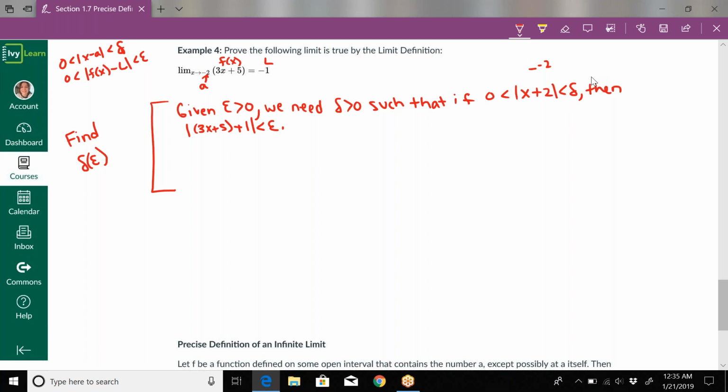So the way we do this is we actually work backwards in this part to make sure we get the success we want in the game. This is just algebraic manipulation essentially. We would say that if we have |3x + 5 + 1| < epsilon, then that implies, if and only if, we have a two-way arrow here,